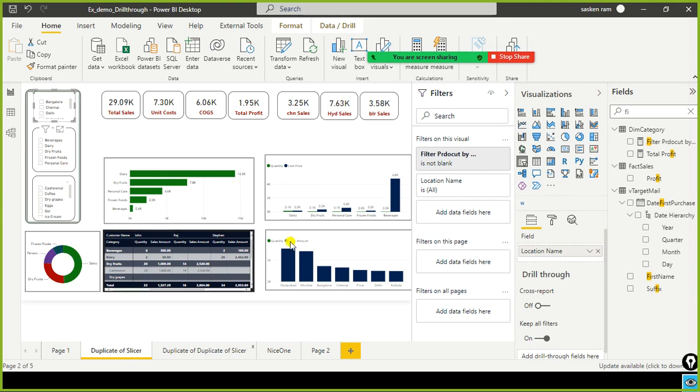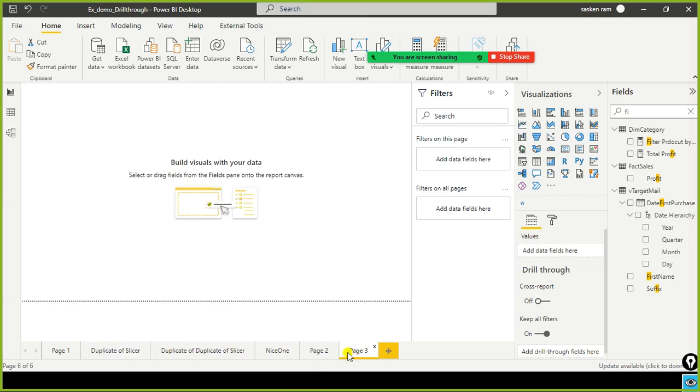Let's say this is my executive report page, and what I do is I just go and create another page. So here, how do I create drill through?